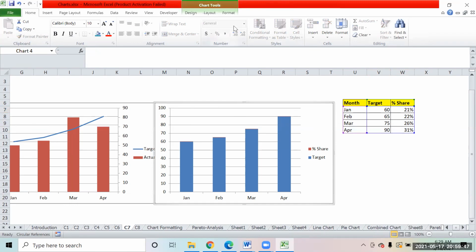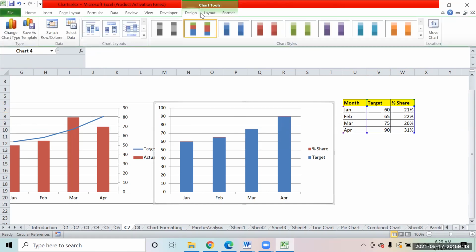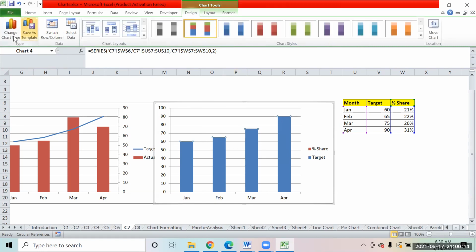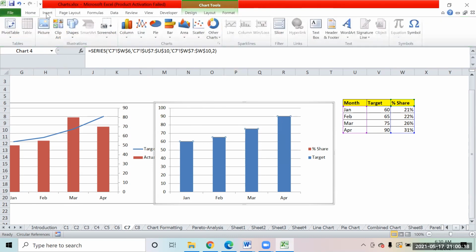So what we do is, if you come over here in the layout, from the chart, see, if I have to select that percentage here, I'm not even able to do that. So in the layout, you have that option to highlight it. See what I've done, I have highlighted the selection over here. I'll tell Excel that for this selection of percentage, I would like to change its type and convert it into a line chart.